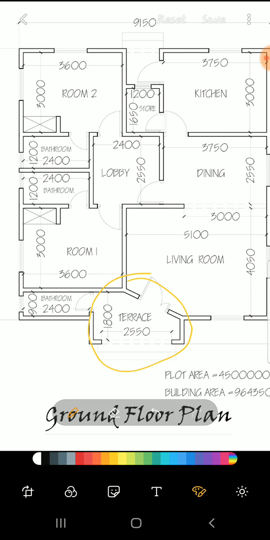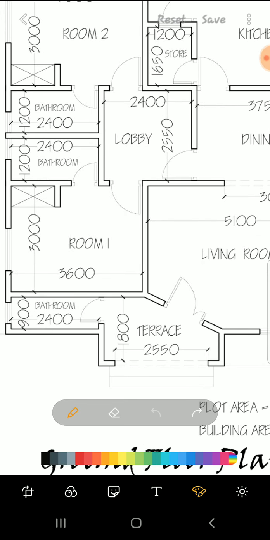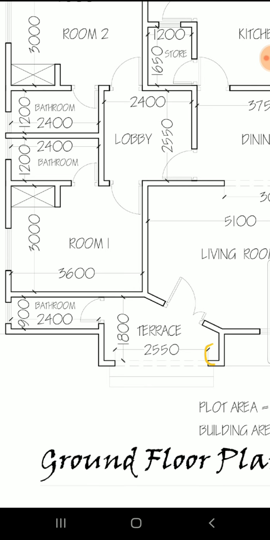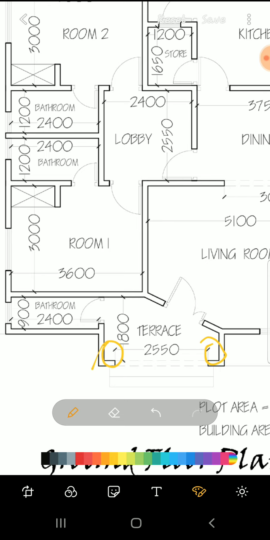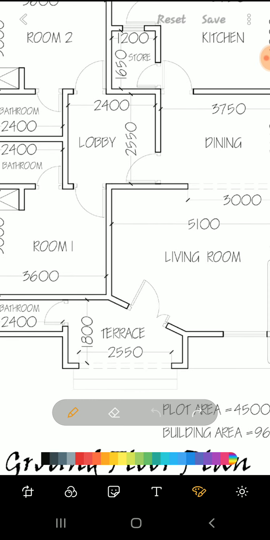And so here the length of the terrace is going to be 2,550 plus we have 300 here and 300 here. Adding it together will give us 3,150 mm. So when you sum the 3,600 of the rooms each together with 3,750 of the dining, and then you add the 3,150 of the terrace to it, you are going to have the total length of rooms as